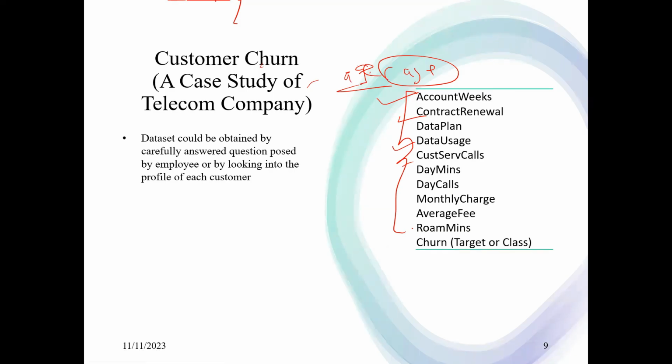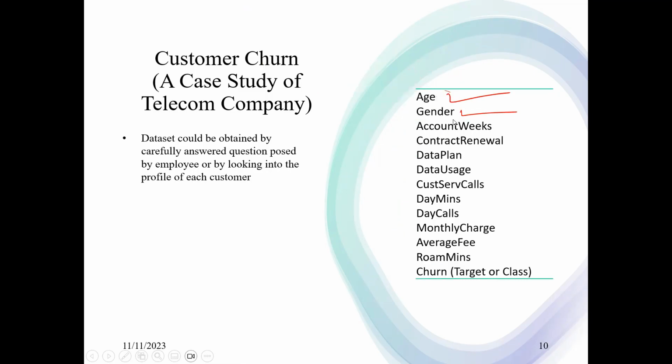See, this is why when we build a model or when we request a data set, we always tell our client to provide as much information as they have, because sometimes they might remove very important information before the data gets to you. To them, customer service calls, the number of days, minutes, monthly charge, and the like are very important. However, when you run the model, you might find you're facing some challenges and are not able to get the appropriate information. But quickly looking at it, personally, I was able to identify that age and gender should be part of this data set.